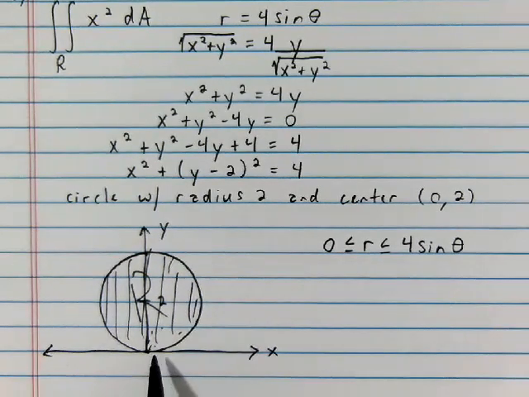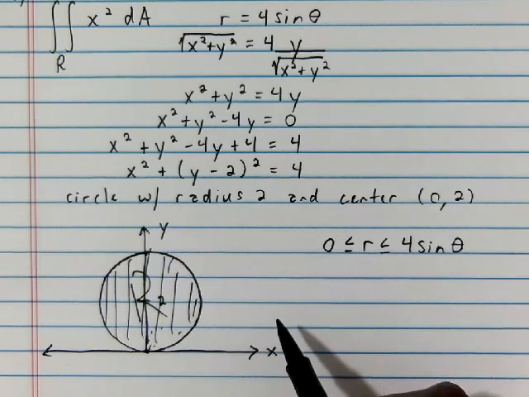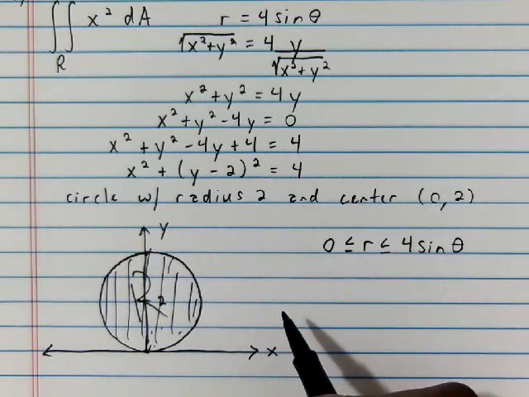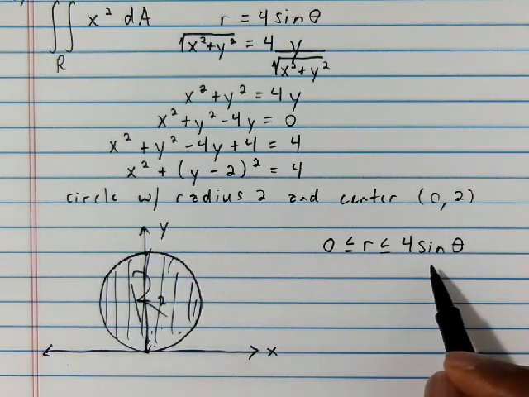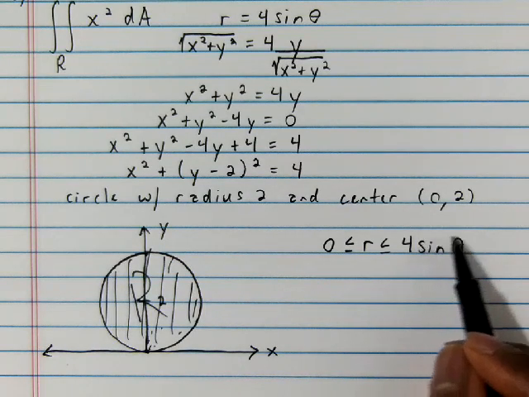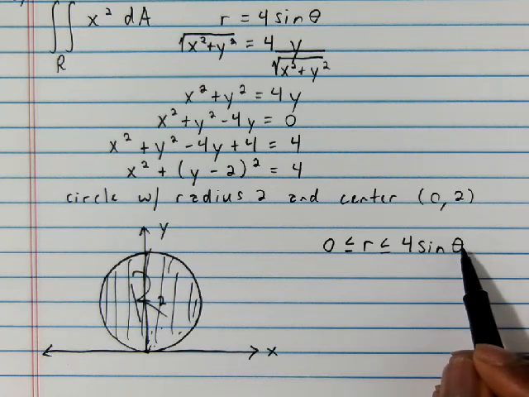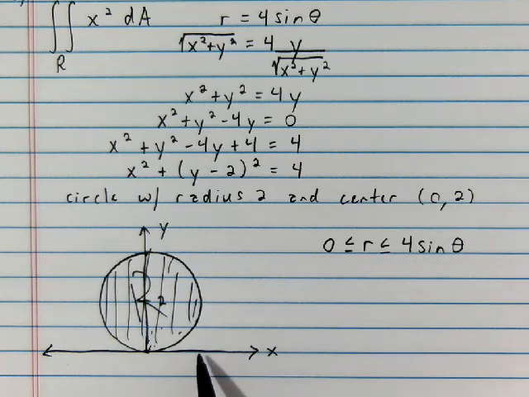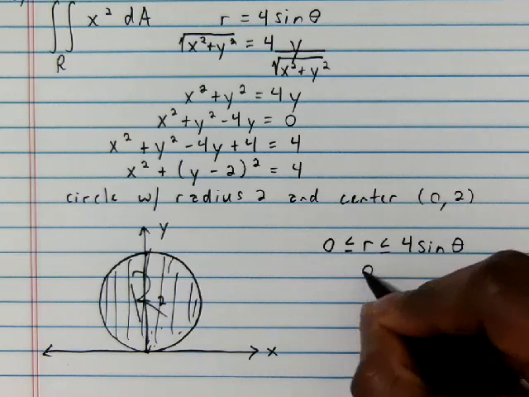So a couple of things you can look at is, okay, well, this is clearly theta equals 0. That's clearly theta equals pi over 2. That's clearly theta equals pi. But you can also pay attention to the function that you're considering. We need our radius to always be greater than or equal to 0. And our radius is in terms of sine right here. And sine is always greater than or equal to 0 between 0 and pi. All right, so our theta will go from 0 to pi, and you can check and make sure,